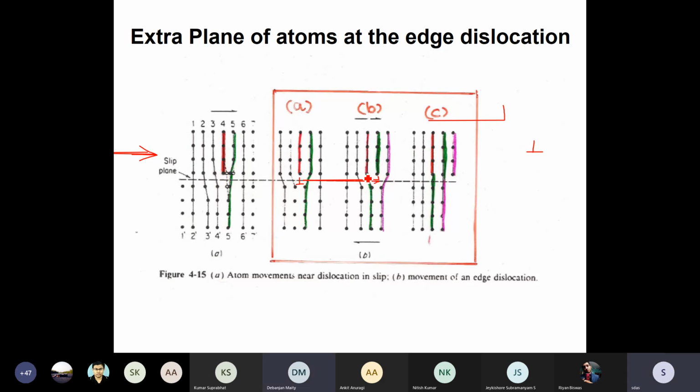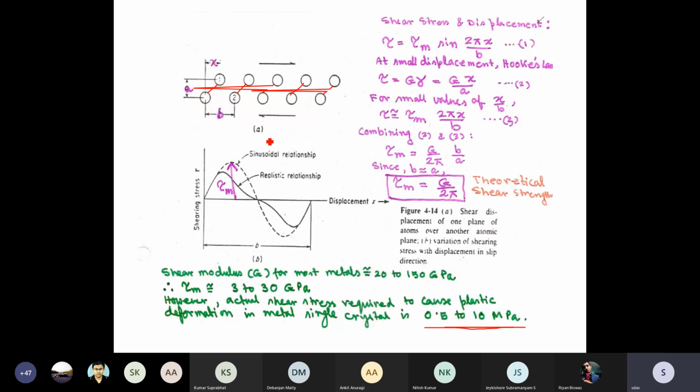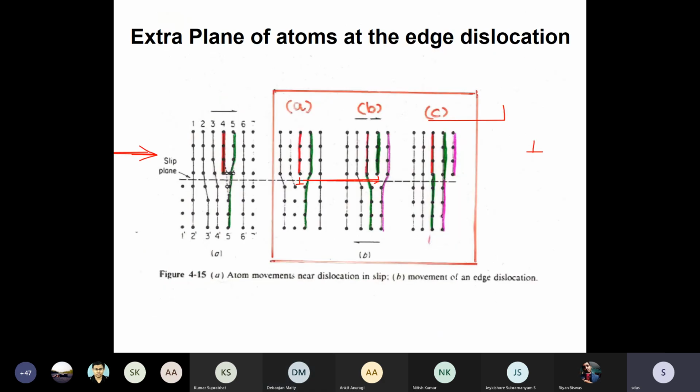So you break the bond between atoms one at a time. In previous slides, you were breaking all the bonds together, snapping all the bonds. So that's the reason the theoretical shear strength of a material is so high. You have to break the bonds between all the atoms at the same time along the slip plane. But in this model,